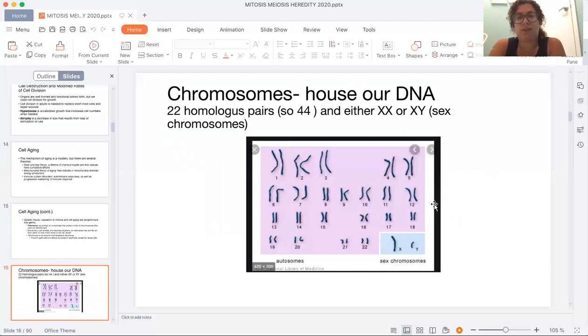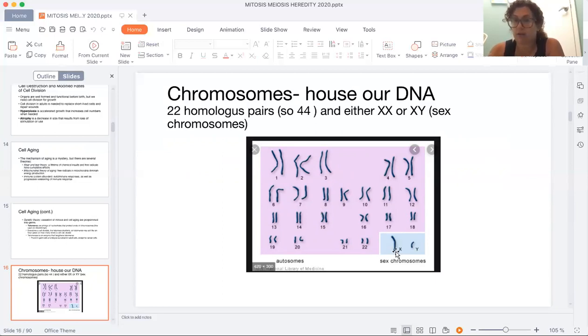As far as chromosomes, I know in the beginning I said there were 46 chromosomes. That is correct. There are 46 chromosomes, 22 homologous pairs, which means they are equal matches. Right here we have a karyotype that I have laid out. It's all of our 22 homologous chromosome pairs, and then we have a different pair, which makes up that 23rd